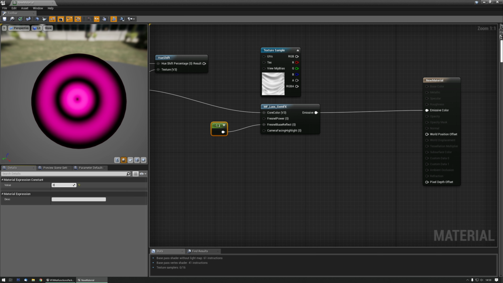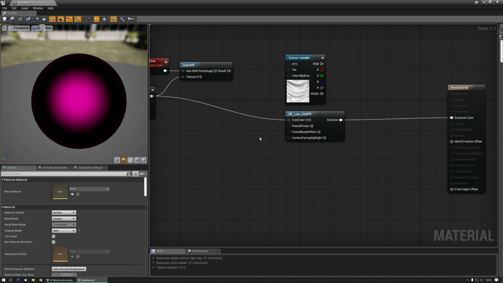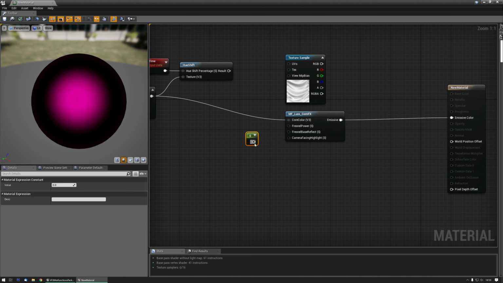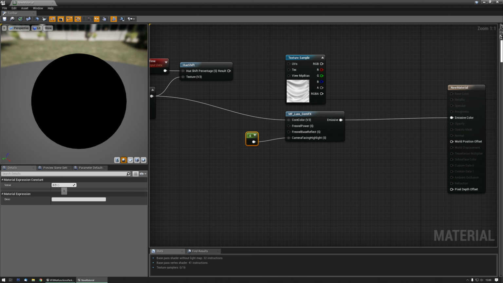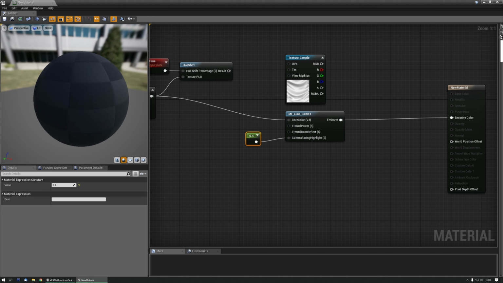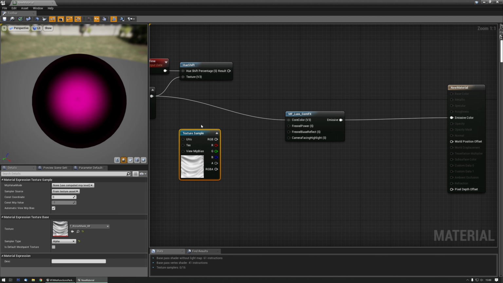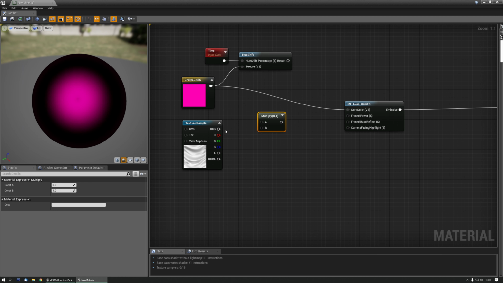If you go closer to 1, it's gone. So let's just move that for now. There's also camera facing highlights. Doesn't do too much, but it basically shows you something like this, and it's going to be a bit more clear in a second. Let's say I multiply this texture